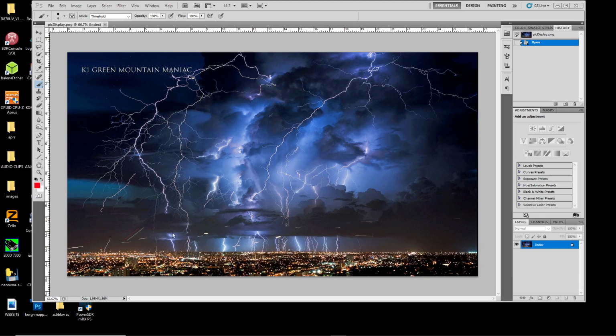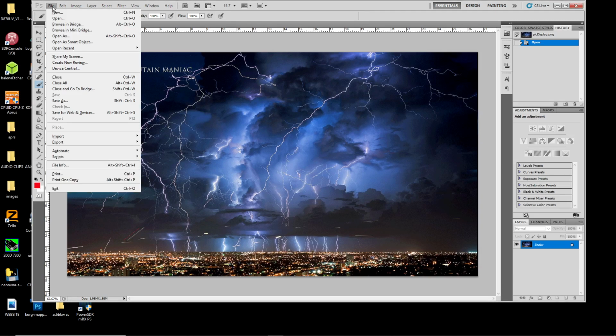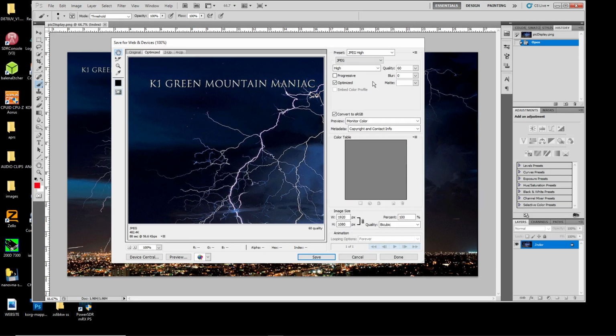So once you have this the way you want it, you have the text in there. If you're going to put text in, you don't have to. You can keep it simple and just use the image. So what you want to do is save this as a PNG. In Photoshop, you don't need something outrageous with resolution. You can either do a save as with an extremely high quality PNG, or you can do a save for web, which is plenty adequate. So let's save for web, and you want to select PNG,